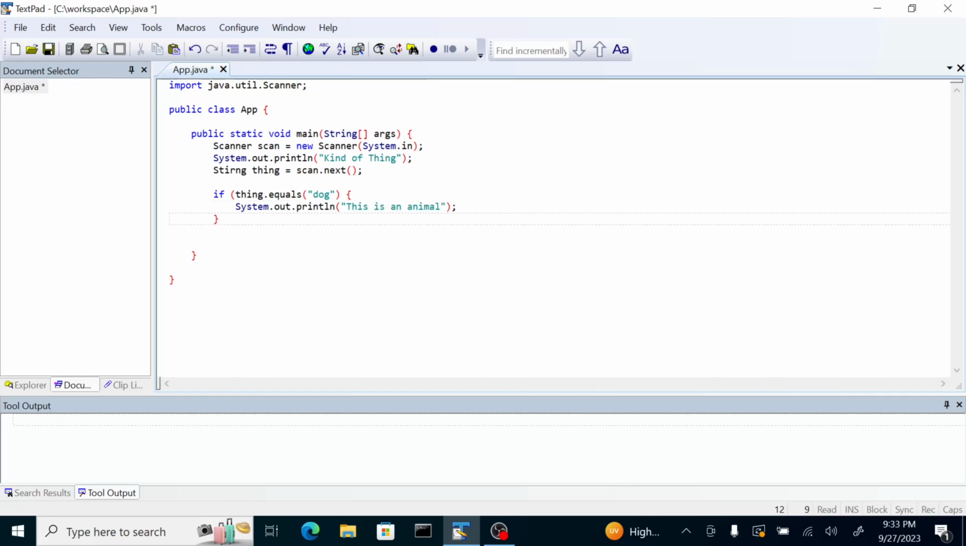Okay, then if the thing equals, say, "apple". Okay, sorry, this one needs to have a double closing parenthesis also. Okay, just copy this one. This is a type of fruit,